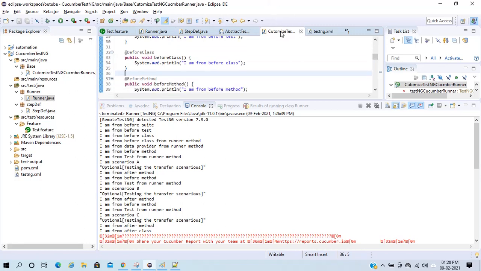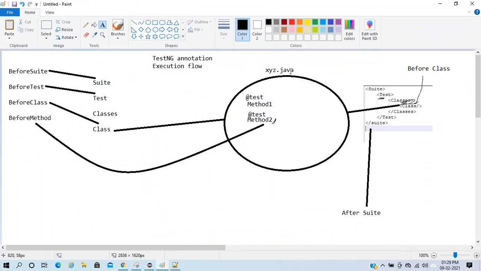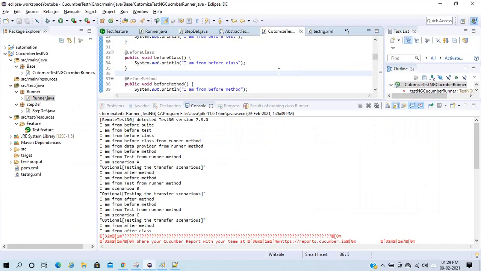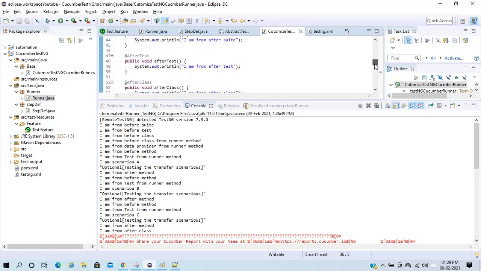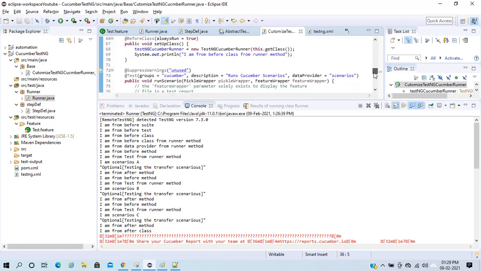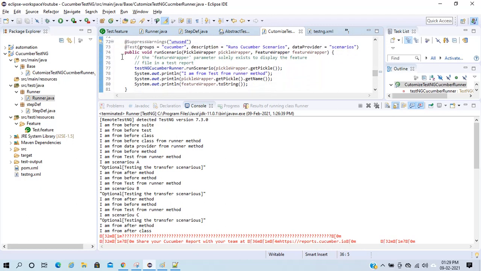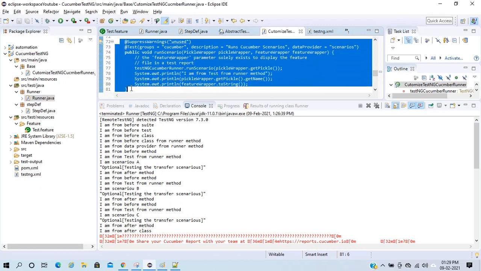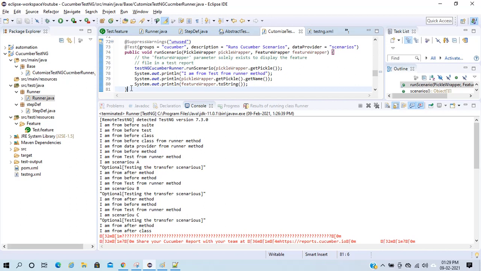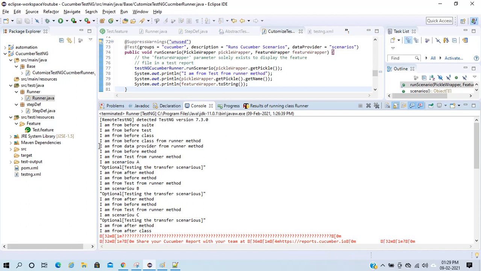So customized test is my xyz.java, and inside this we have @Test. You can see, guys, this is @Test, but before executing @Test the call will go to my data provider. Here you can see the call goes to my data provider.